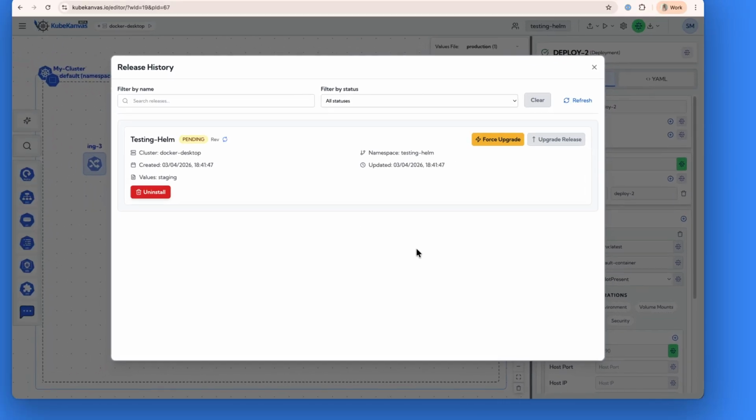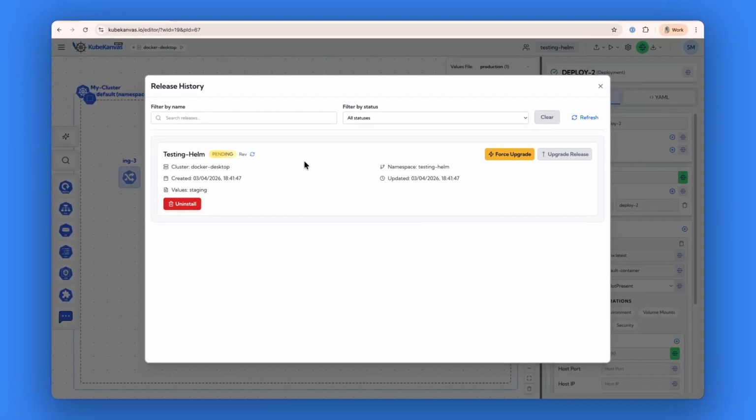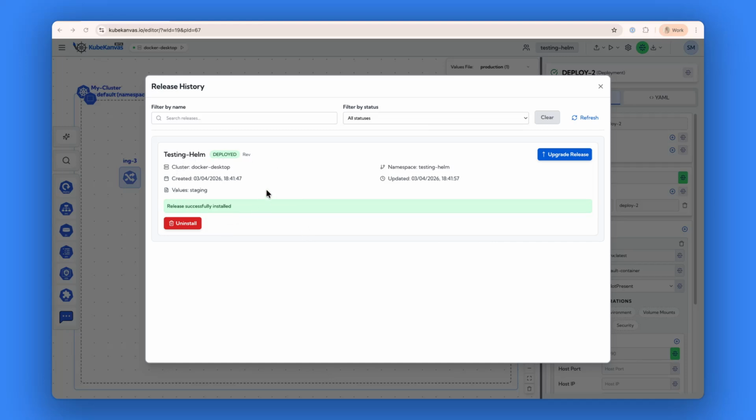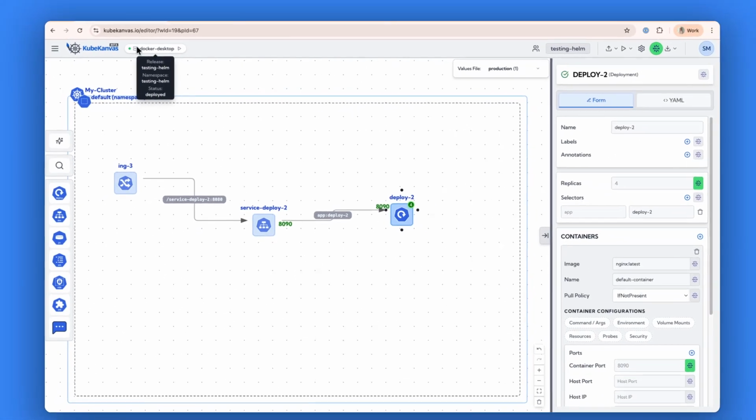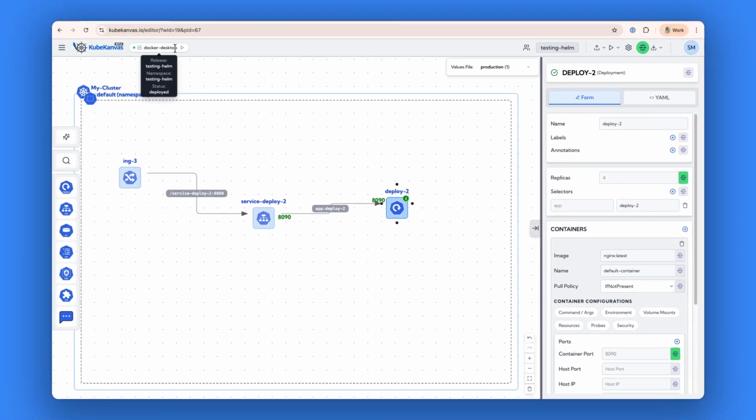My KubeKanvas CLI is running. So I can see that the process is started. And after a while, my release got deployed. And now you can see this small cluster icon and its status. So here I can make changes. I can keep